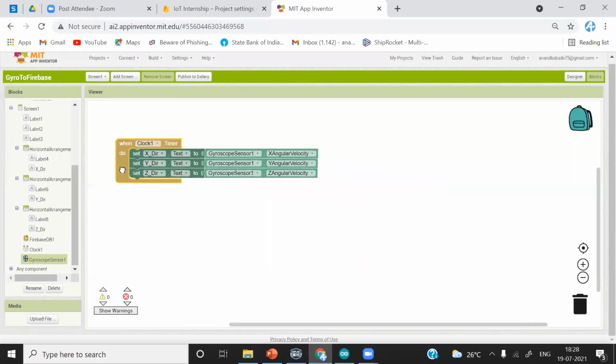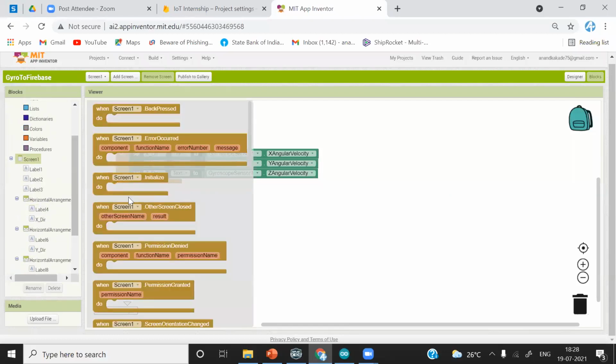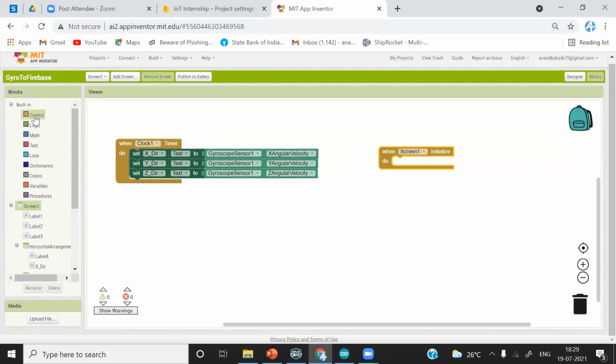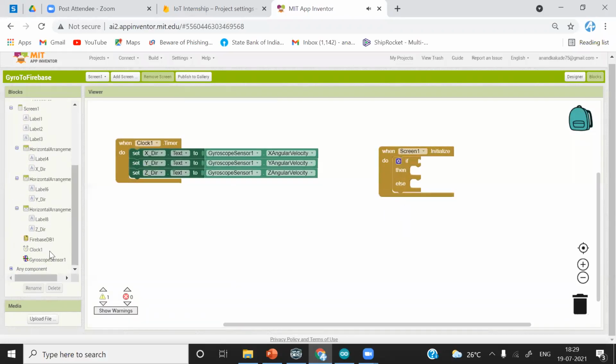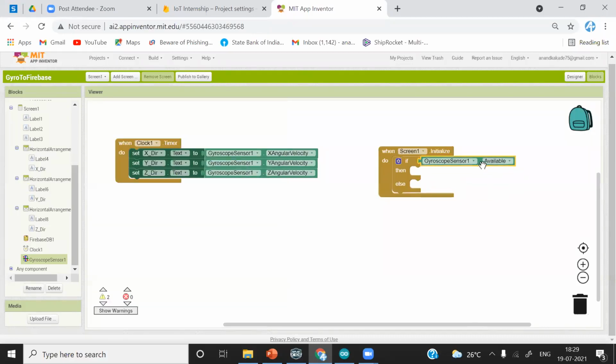Now the first thing we have to do is check whether the sensor is present or not. So whenever the screen is initialized, you have to click on screen, Screen.Initialize. We want to check if the sensor is present or not. So we'll use this control if then else. And from there we'll check whether gyroscope.Available or not.